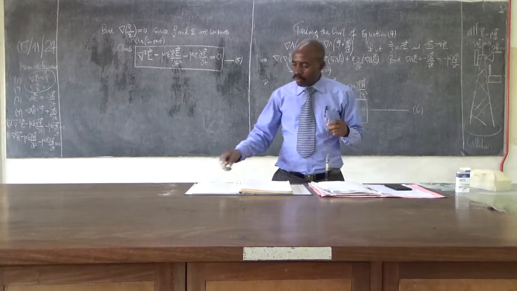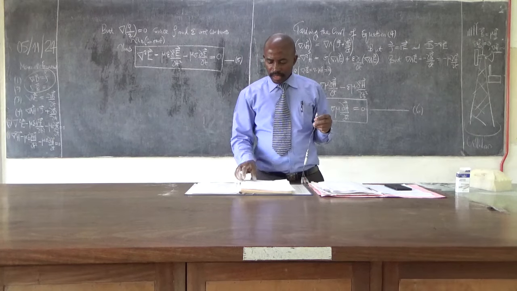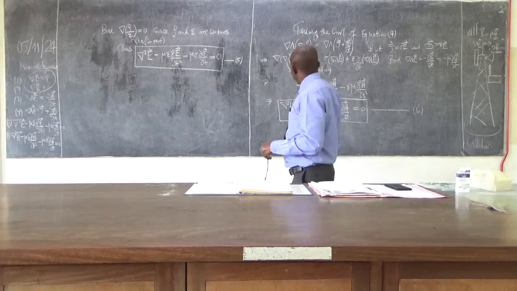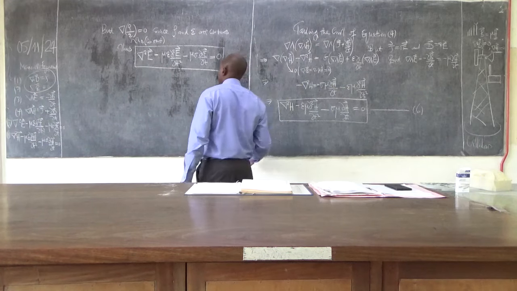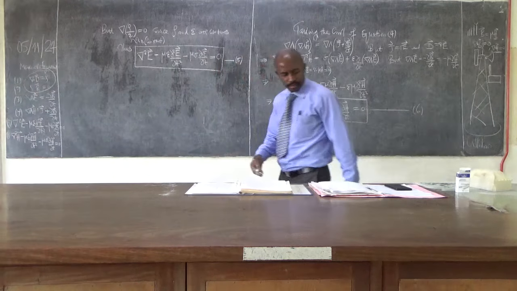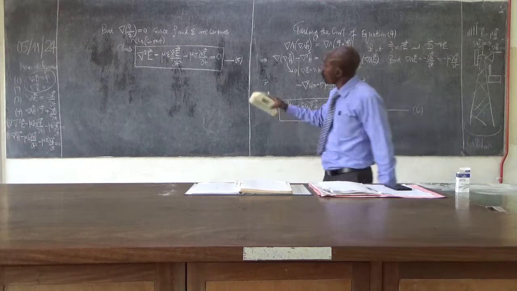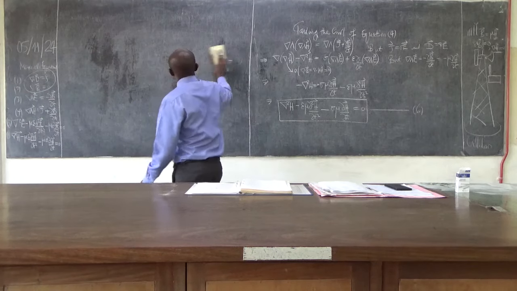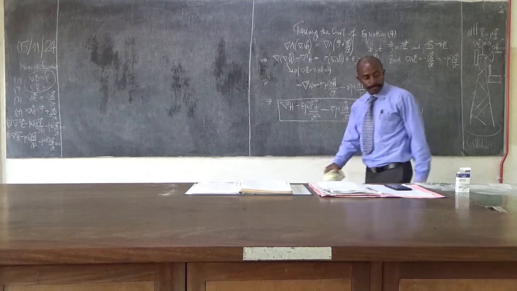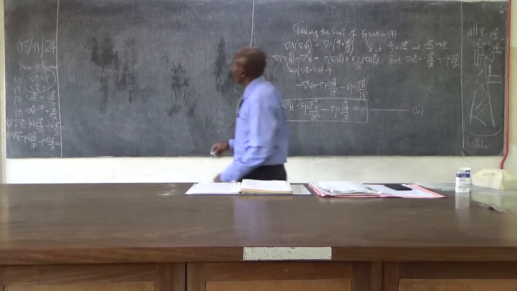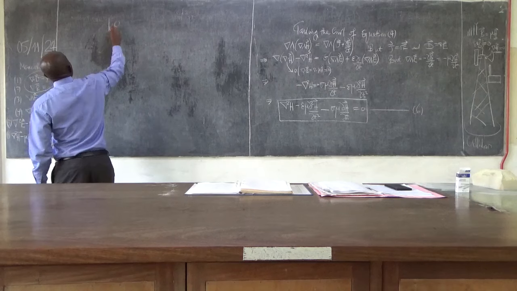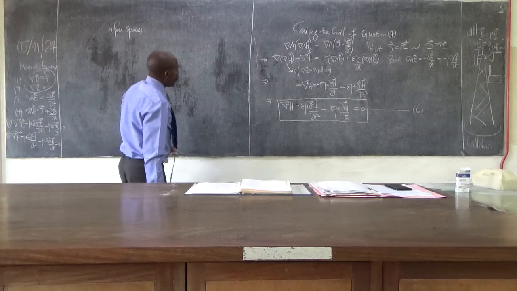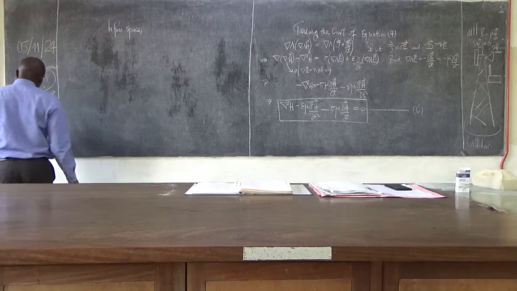So how they would move is that in free space, mu will equal to